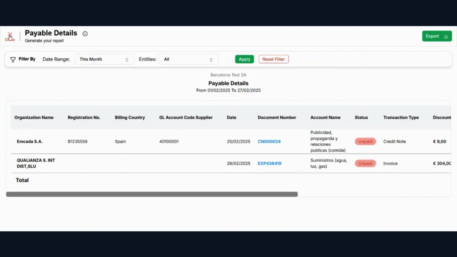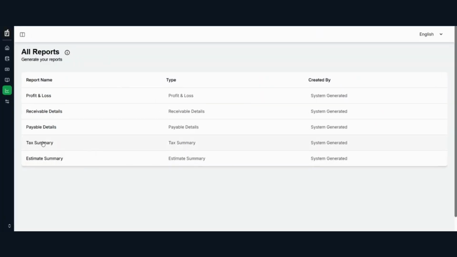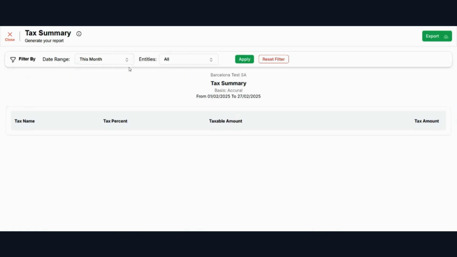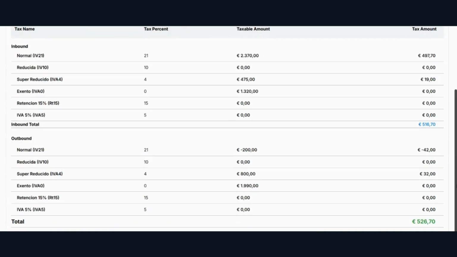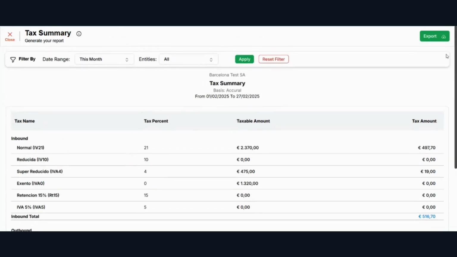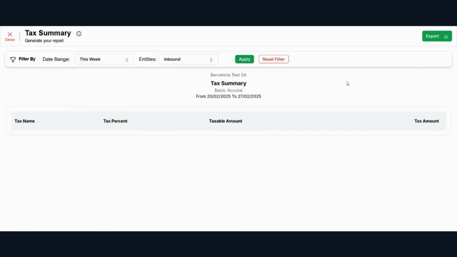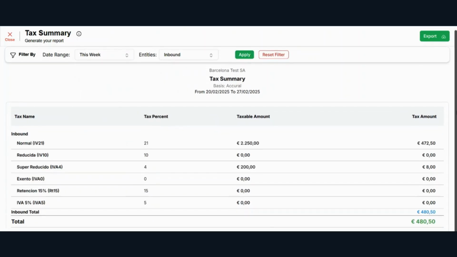Now come to the tax summary. Let me show you. This is your tax summary. You can see this format, right? You have to follow the same process. Simply click here week-wise, entities, apply, and you get your tax summary. Here you can see the tax name, tax percentage, amount.